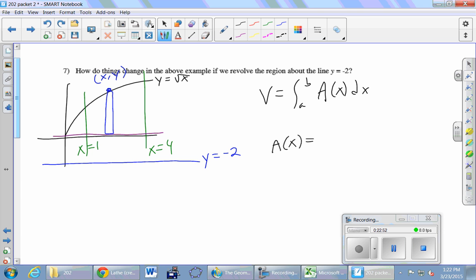How much is the big radius of this washer? It's y plus 2, isn't it? Because it's 2 bigger. We need to see the radius of the washer drawn, right? The radius used to be just y, but now I've gotten the radius to be 2 units bigger. So it's y plus 2. All right, I can do that. So that's pi times (y plus 2) squared, right? Pi r squared